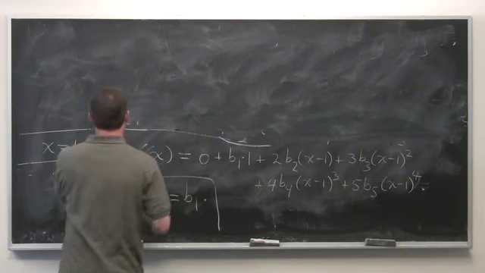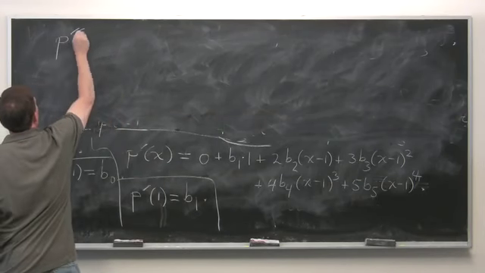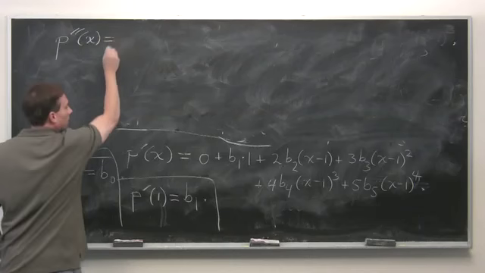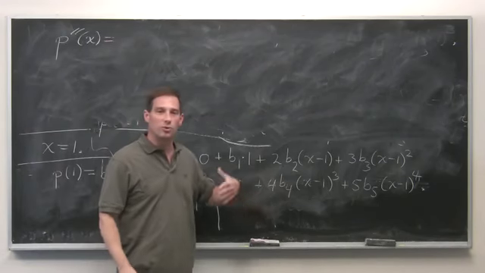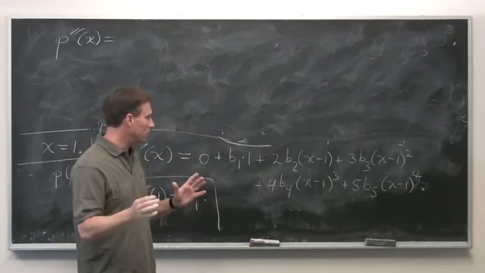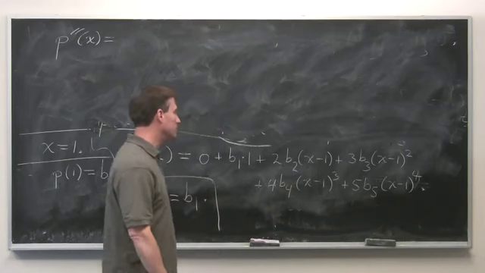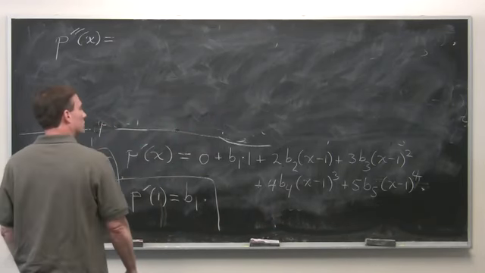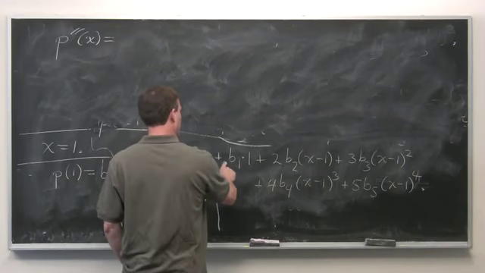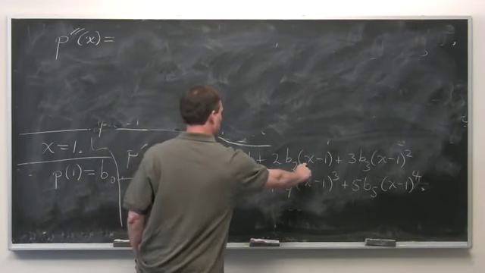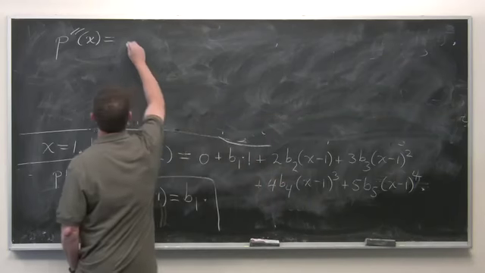So now you take p double prime of x, and you differentiate this side the same way we did before. You differentiate the powers of x minus 1 just by the power rule, and the chain rule gives you times a 1, but that doesn't matter. So when you differentiate again, this constant term goes away. The derivative of this is 1. You get a 2b2